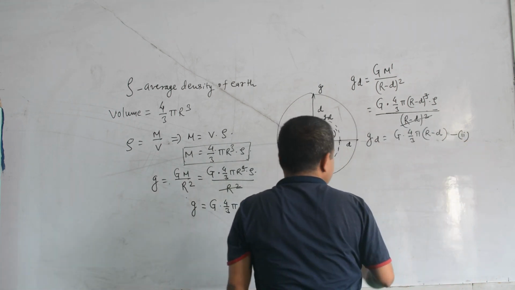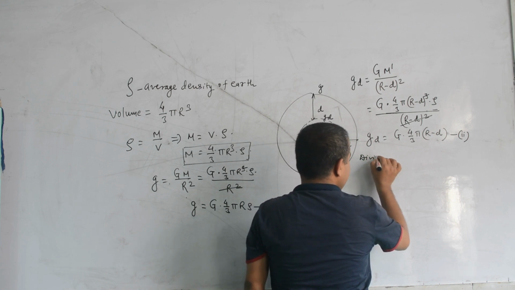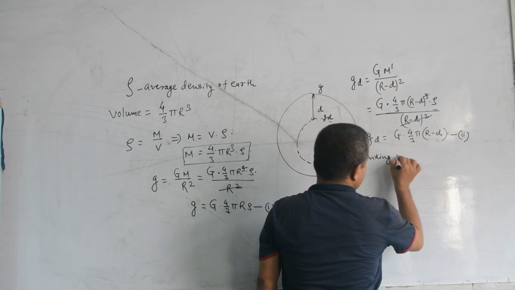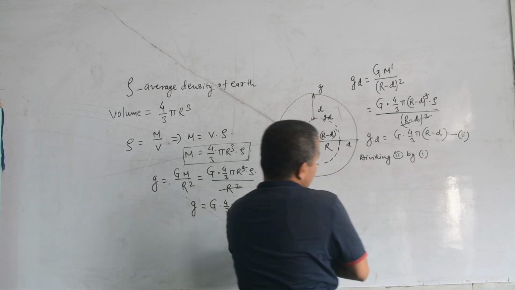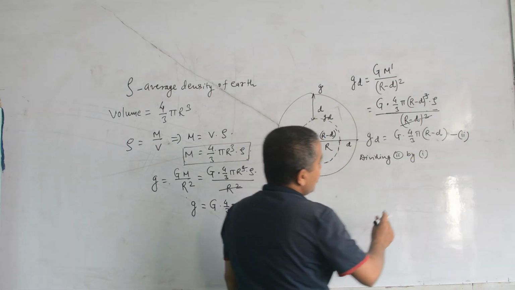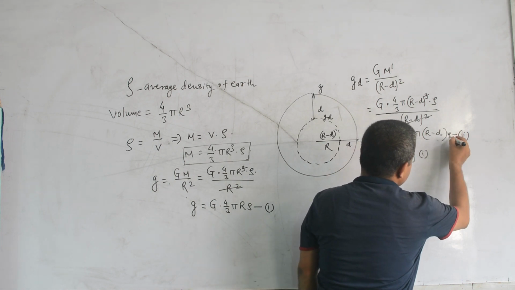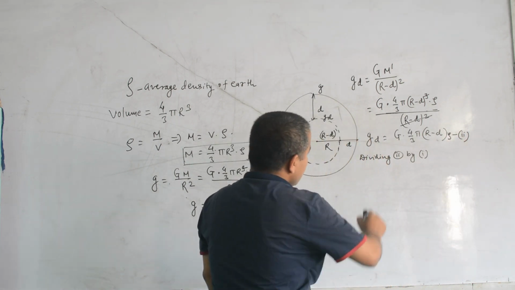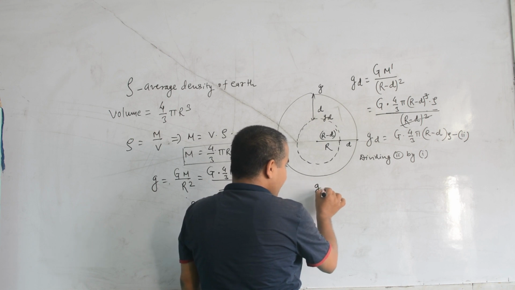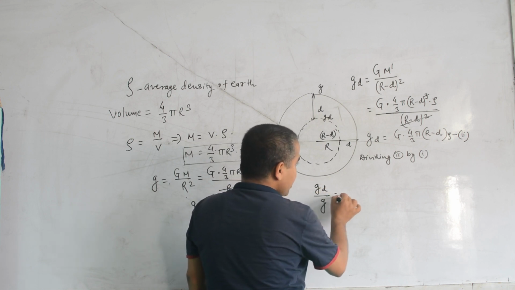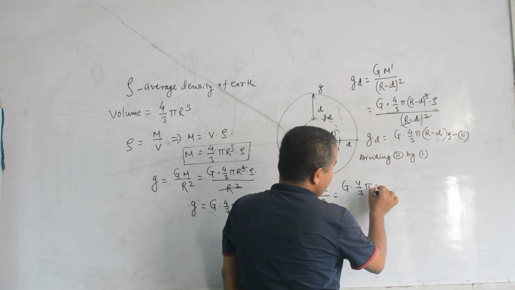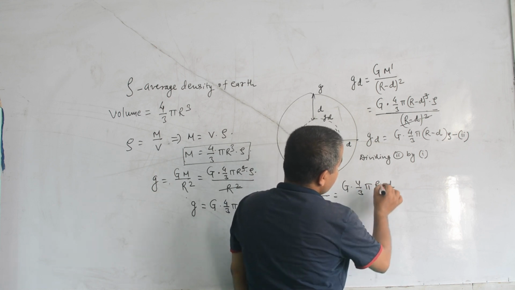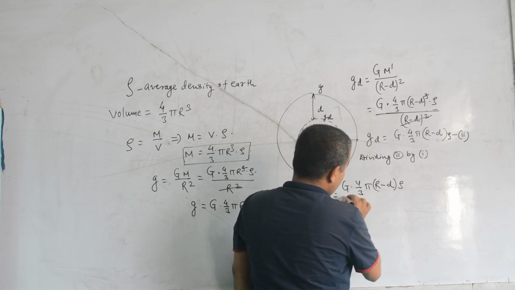Now dividing equation 2 by 1. When I divide equation 2 by 1, what will I get? Okay, sorry, I forgot density here. Density I will represent by rho. So now dividing equation 2 by 1, gd over g equals G into 4 by 3 pi (r minus d) rho over